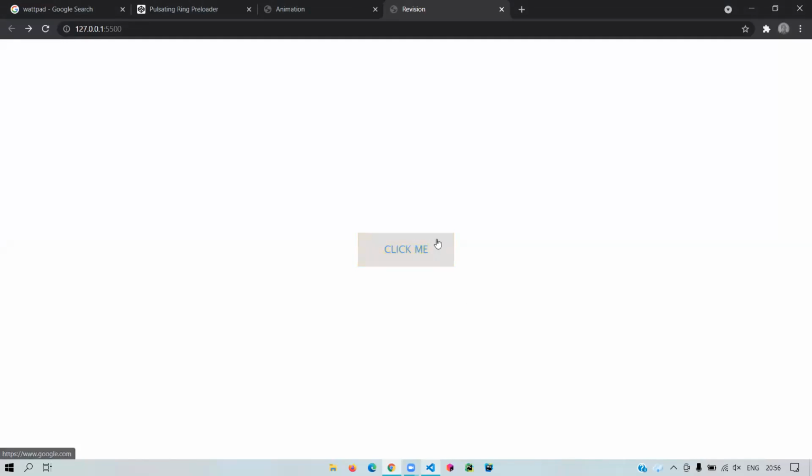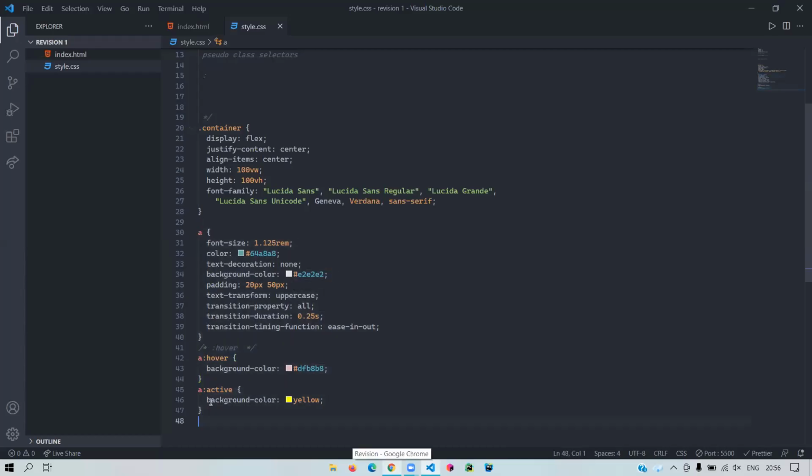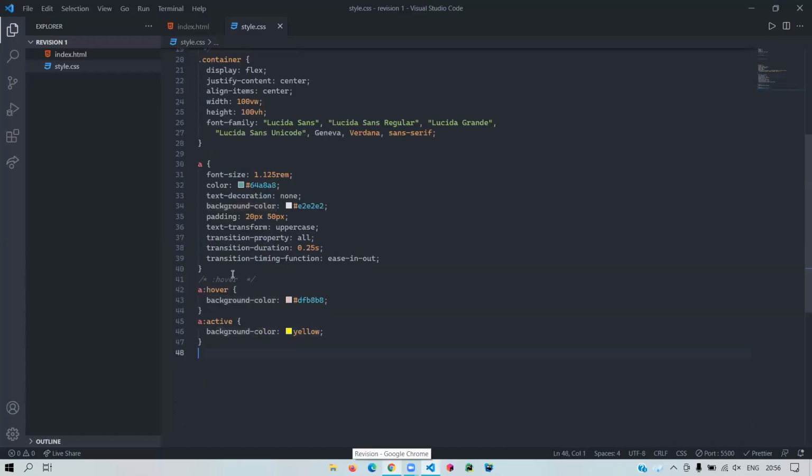This is because when I'm clicking this, the element is getting activated. Does anyone have any questions? Because I know it appears very similar. No. Fine. So I guess this was it for the pseudo class selectors.